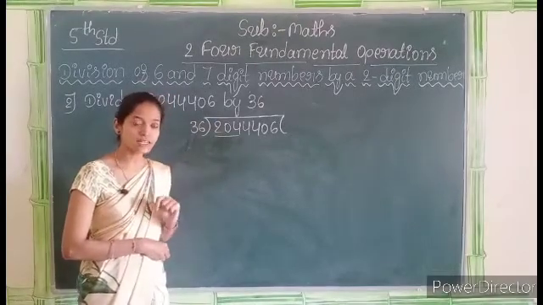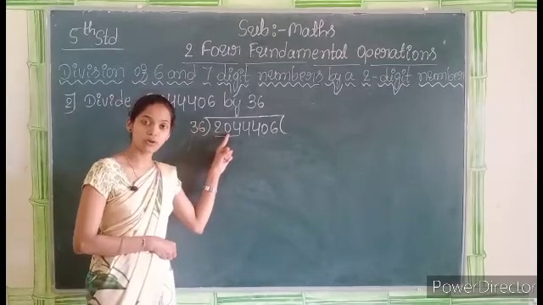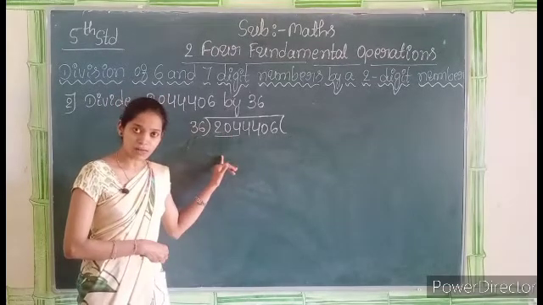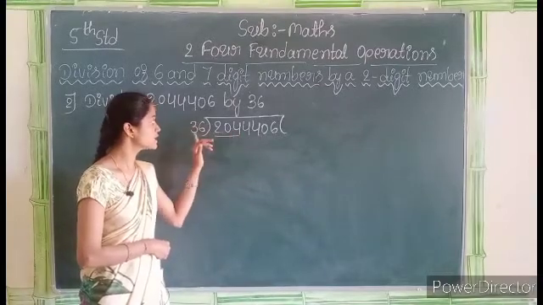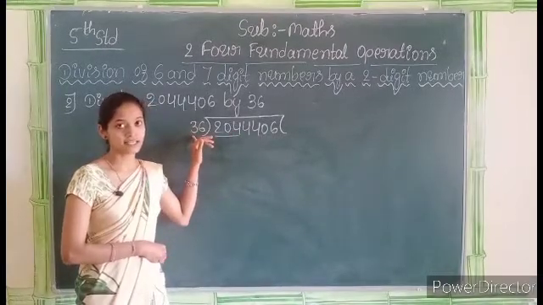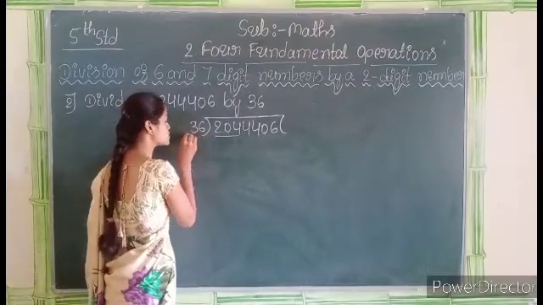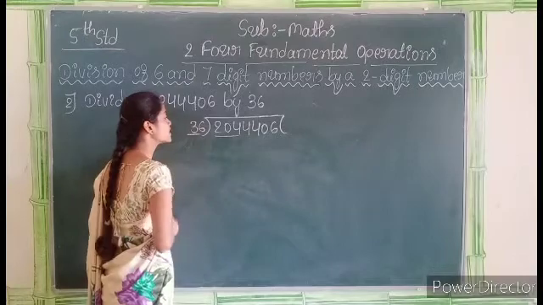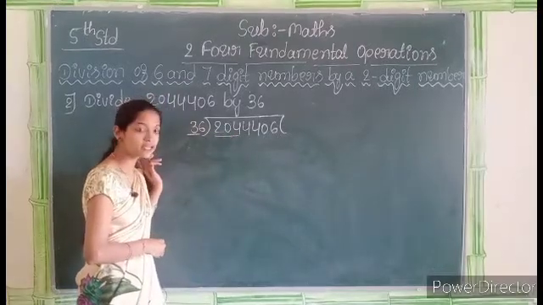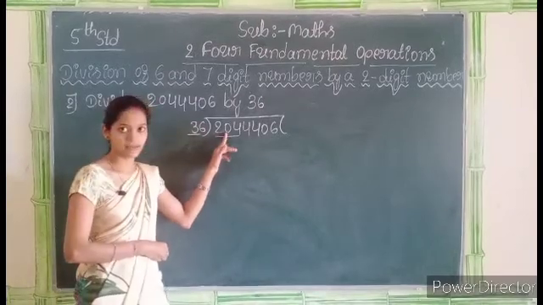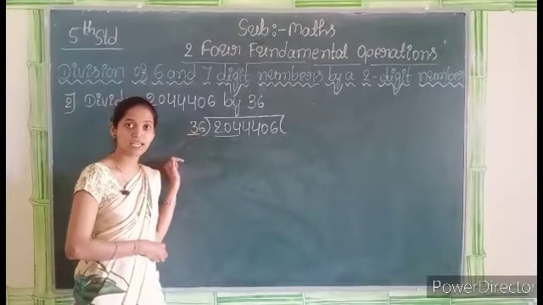Now we have to find out how many 36s are there in 204, or we can say which number is near or less than this 204 in the table of 36. Let us find out. Here we have to consider the first leftmost digit of the divisor, that is 3, and here the two leftmost digits of the dividend, that is 20. Which number is near or less than this 20 in the table of 3?